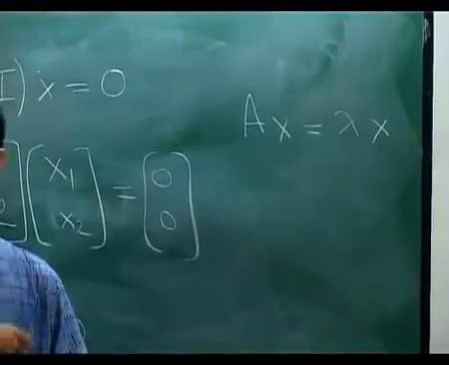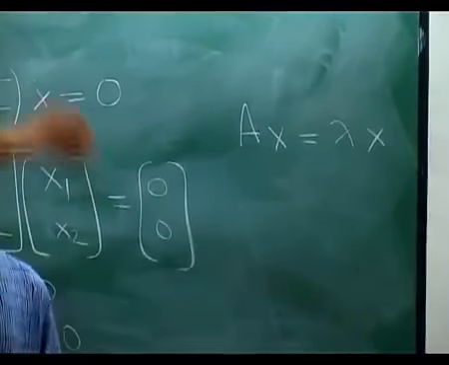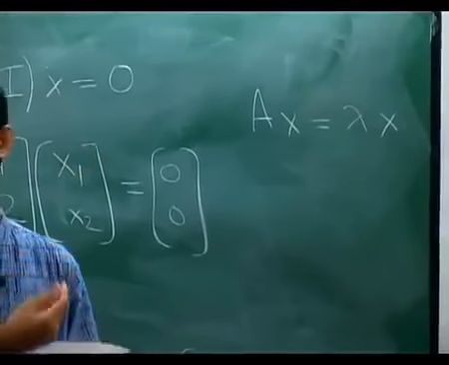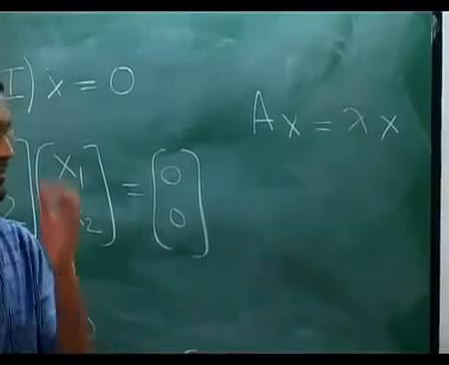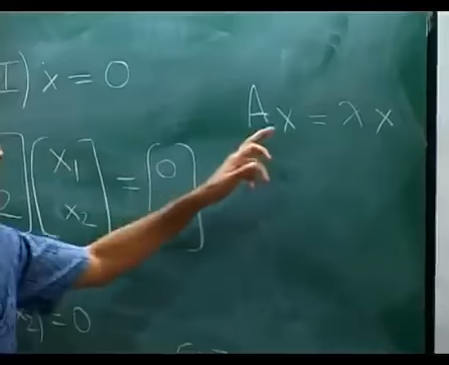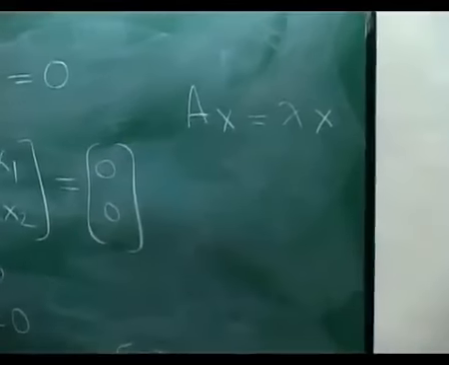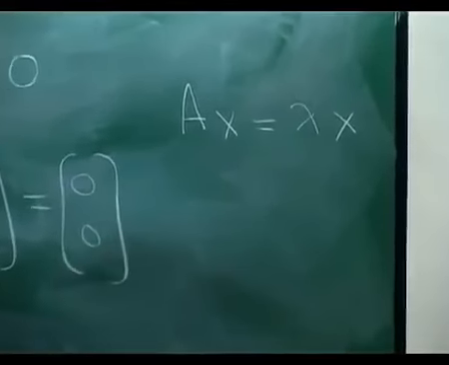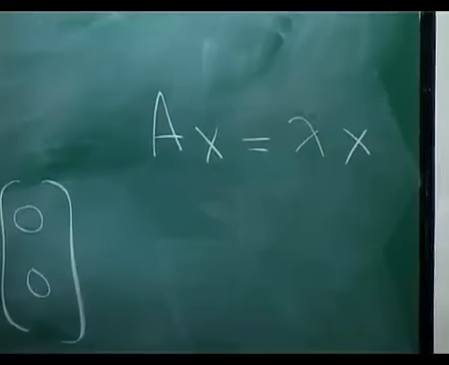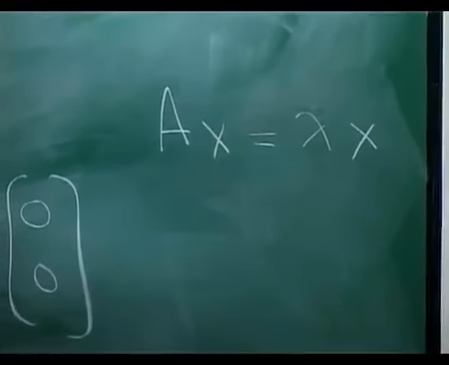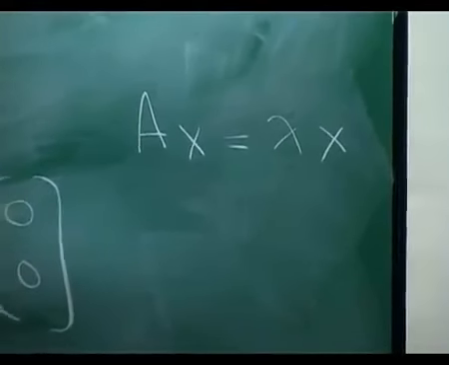I have a vector and it is just becoming stretched by some amount or contracted by some amount. It can also be multiplied by a negative number. The same thing to the other guy. There are two such vectors in this example. Each of them has the property that the transformation either stretches or contracts that vector, but does not change its direction. It does not rotate it or do anything to it.